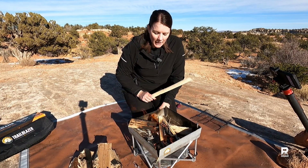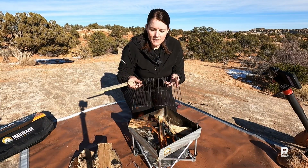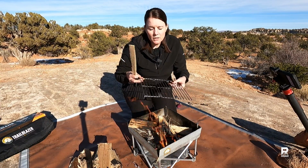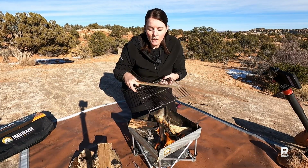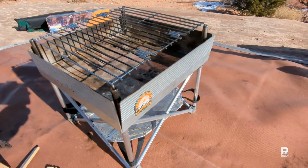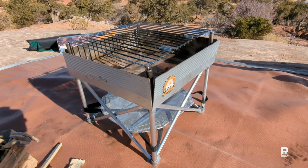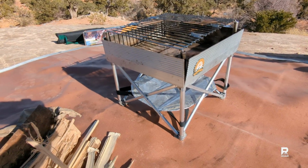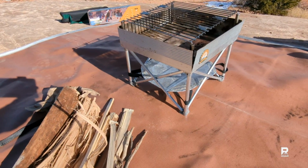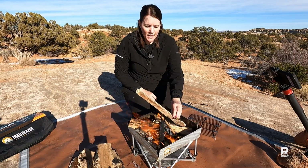It is 12 by 12, and the grill is 11 by 11. You have to order the package that comes with the grill if you want the grill. But this grill can hold up to 25 pounds, so you can put your cast iron on here if you want. And what's nice about this is that it's convenient if you're in a snow-covered area or a place that